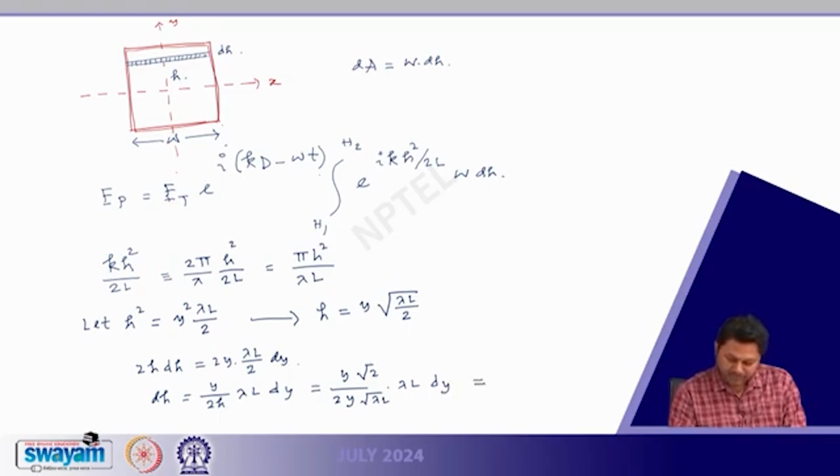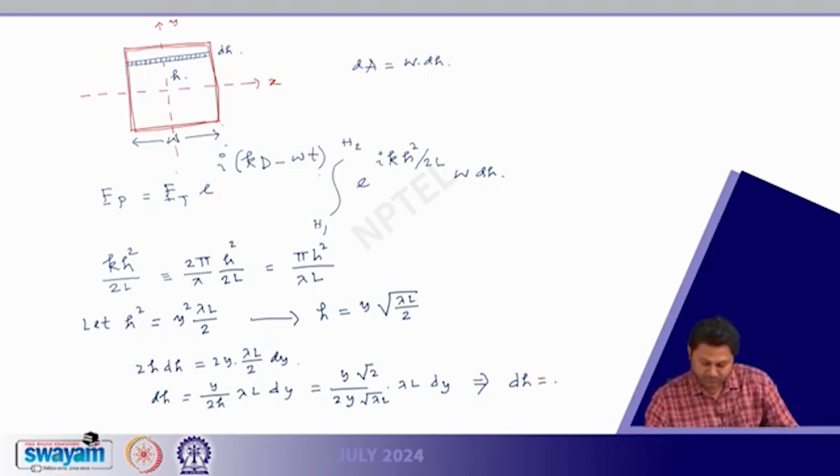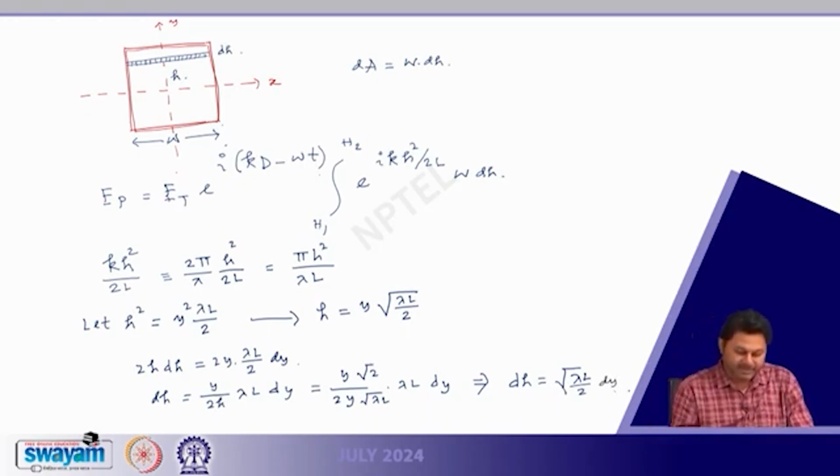So, from here I can get my dh is equal to root over of lambda L by 2 dy. That I get. Now, I am going to replace everything here, and we see a very interesting looking term, and